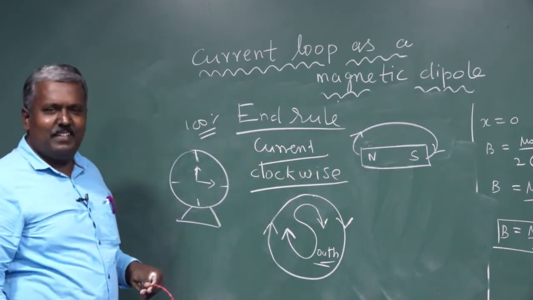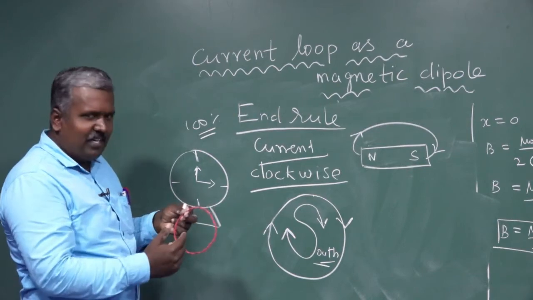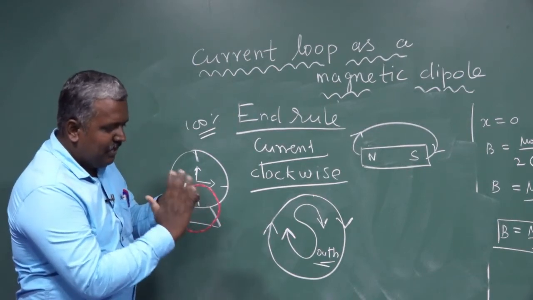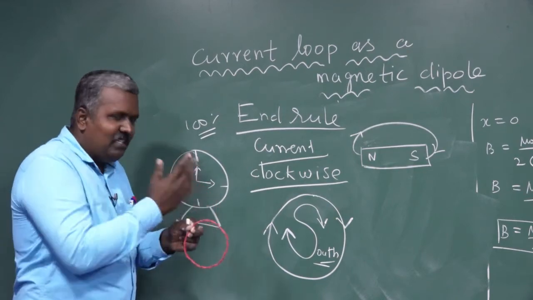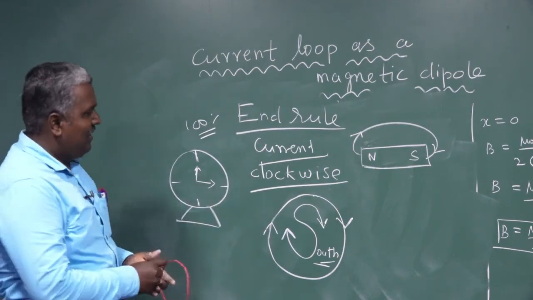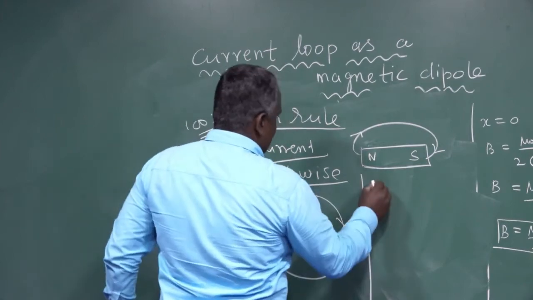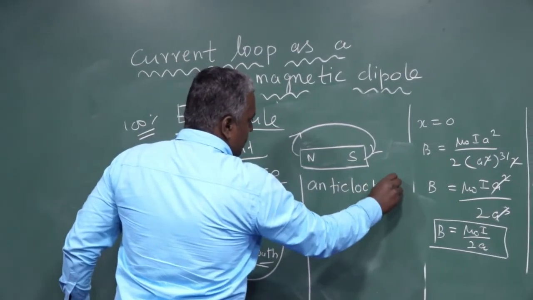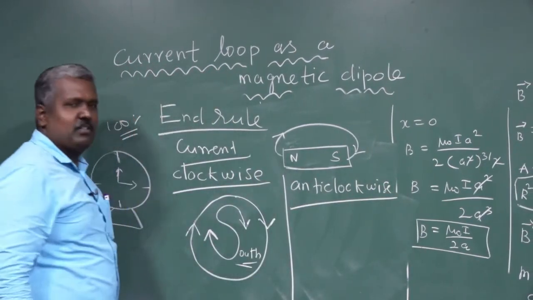That's all. Clear? So for clockwise current, this end is the south pole and this end is the north pole. That's all. And for current in the anti-clockwise direction,